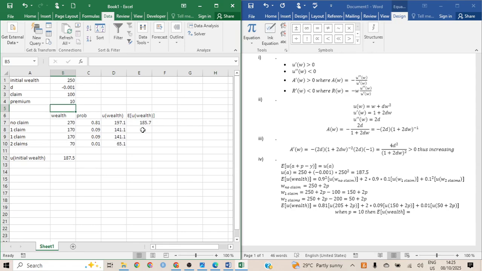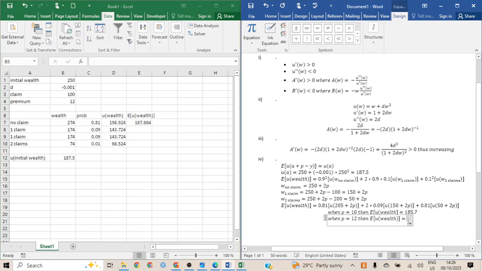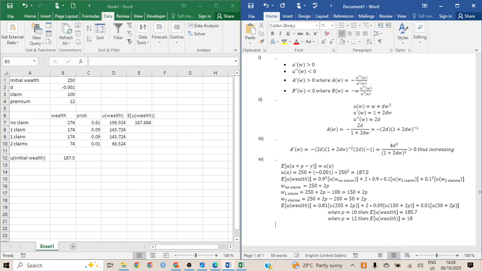We get 185.7. We have the same thing when p is another number, 12, then expected utility of wealth is, come here, that's 12. I would write 187.684,